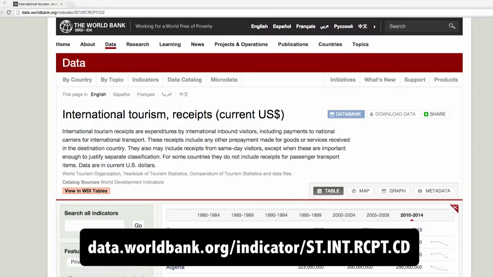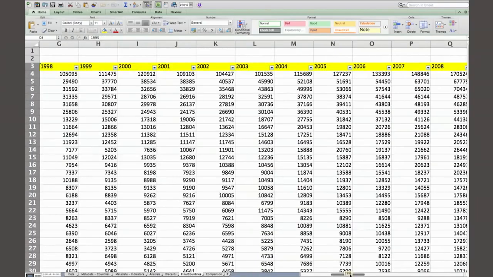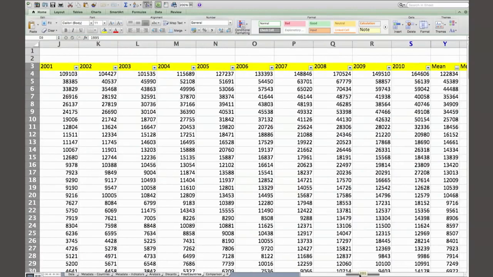All of this week, we have been analyzing a dataset that we have downloaded from the World Bank website. This dataset contains international tourism receipts. Some time back, we said that pictures don't convey everything. Now I'll say that numbers alone don't convey the full picture. Wouldn't it be nice if we could somehow picture this data?